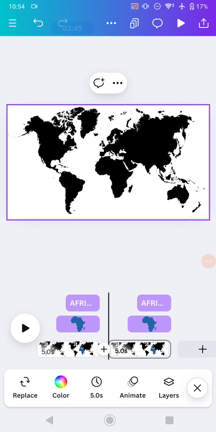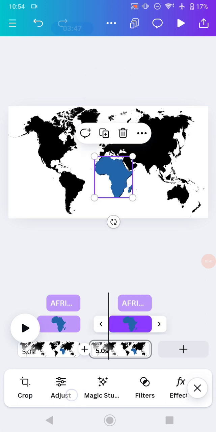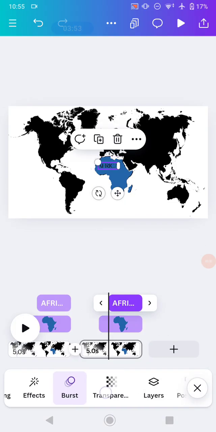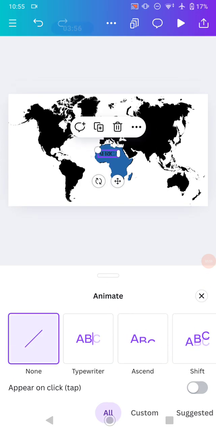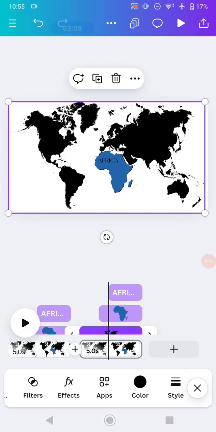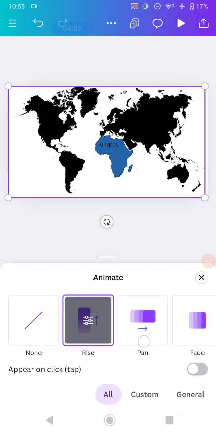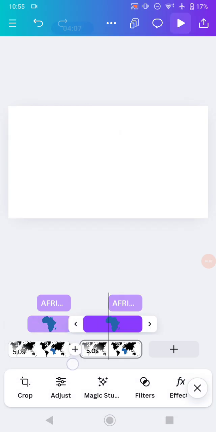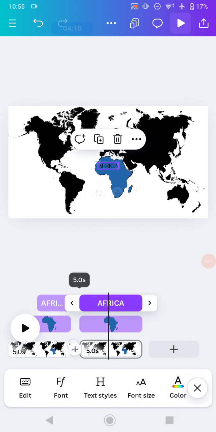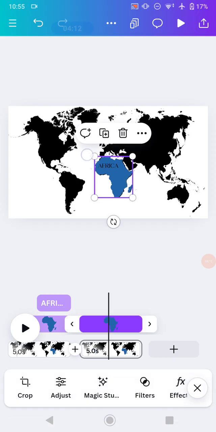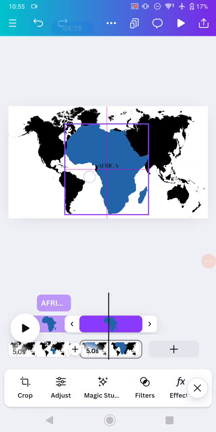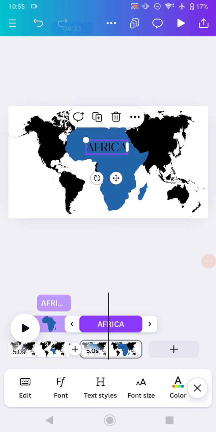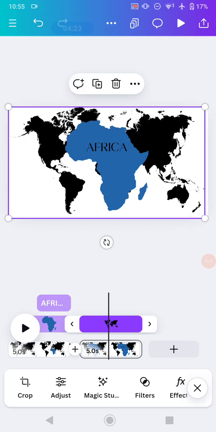And now you need to remove all of this animation from the element. Remove it like this one, and this world map. Remove it all like this. And now after that, increase the duration from each element like this, and increase the size of the element just like this. And for the text, increase it too like this, and click this image of a world map,